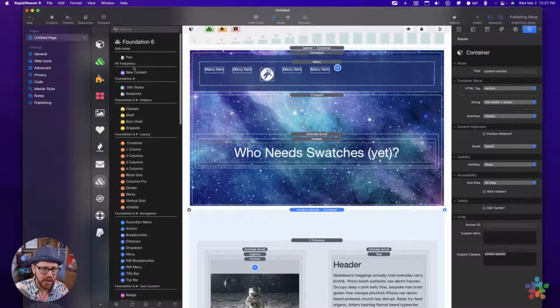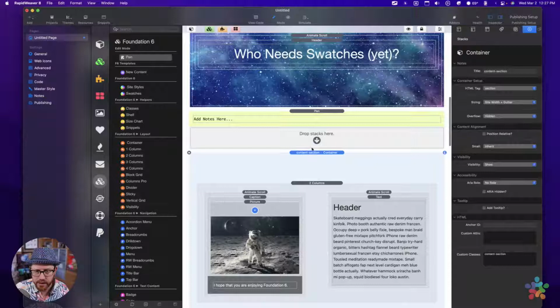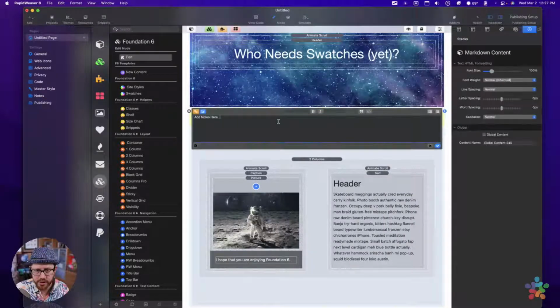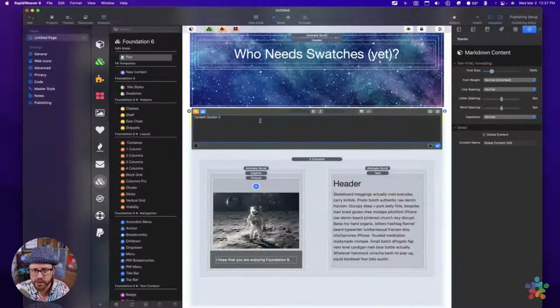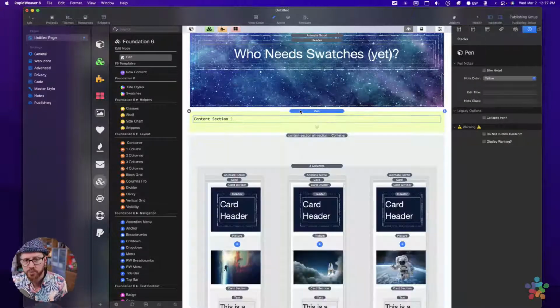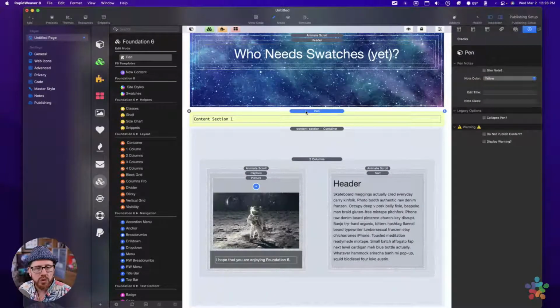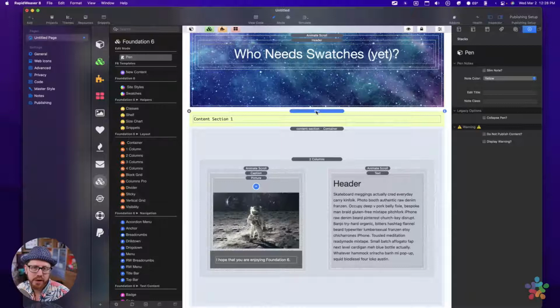Thank you, James. Pen stack, free stack on my site, allows you to add, let's say, I want to add this entire section here, and I could be like, content section 1 or whatever. Okay. And then you can add whatever notes you want in here about this section. And you can hide the entire contents in it. Pen is an edit mode only tool. It doesn't affect the actual look and feel of your website. Your website's still going to look exactly the same, but it allows you to add notes,